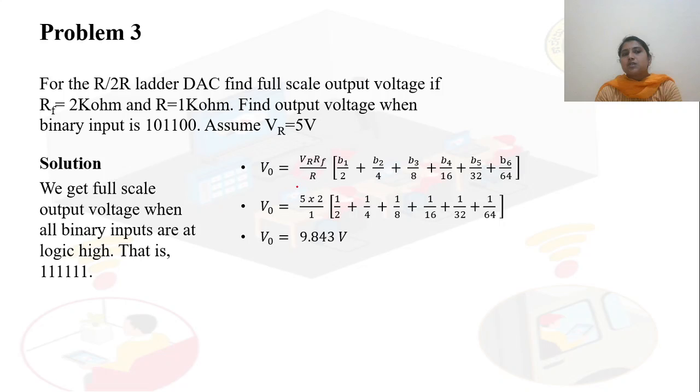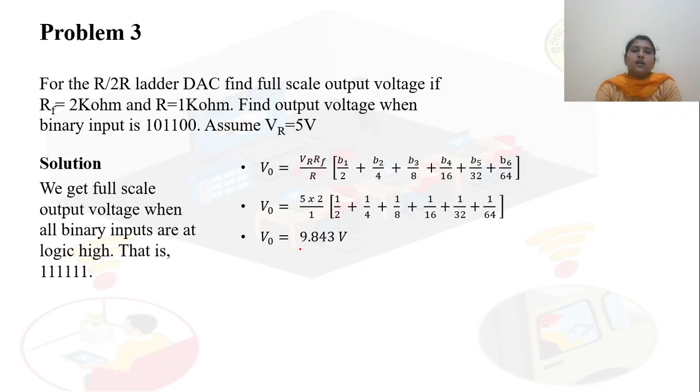By substituting VR as 5 volt, RF as 2 kilo ohm, and R as 1 kilo ohm, the full scale output voltage is 9.843. And they asked one more point, find out output voltage when binary input is